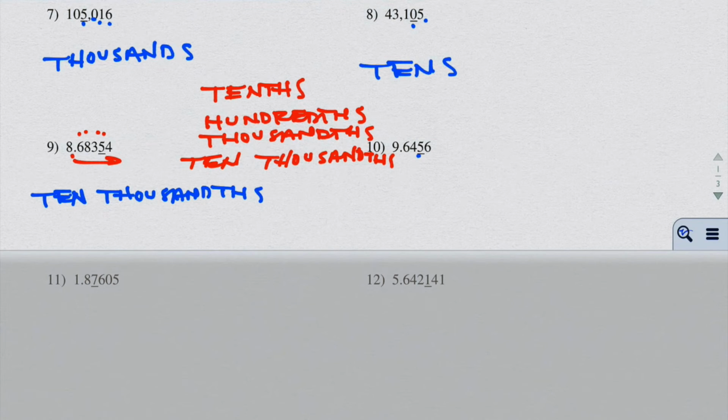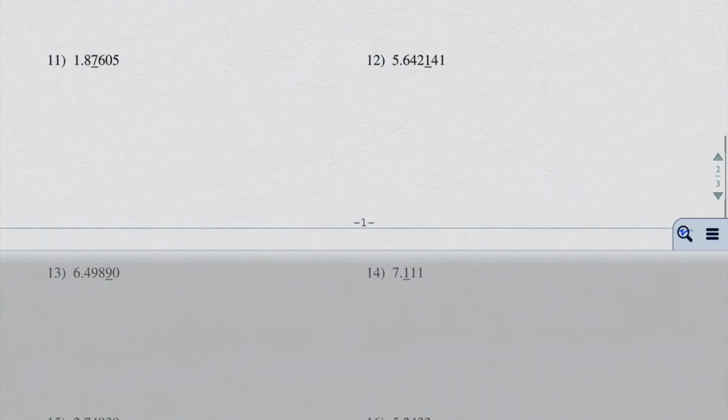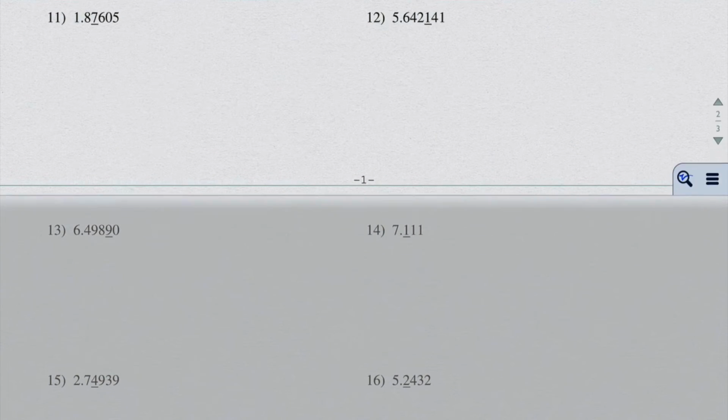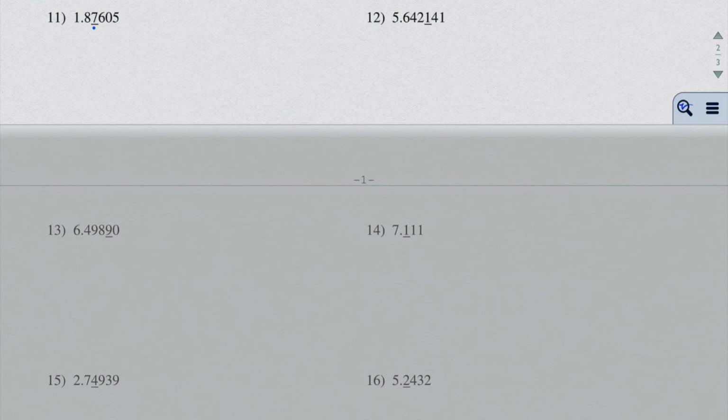Number 10, this 5 would be in the thousandths place. And this 9 would be in the ones place. So that's going back to what we were originally doing. Okay, number 11. So this 7 is in the hundredths place. Number 12,